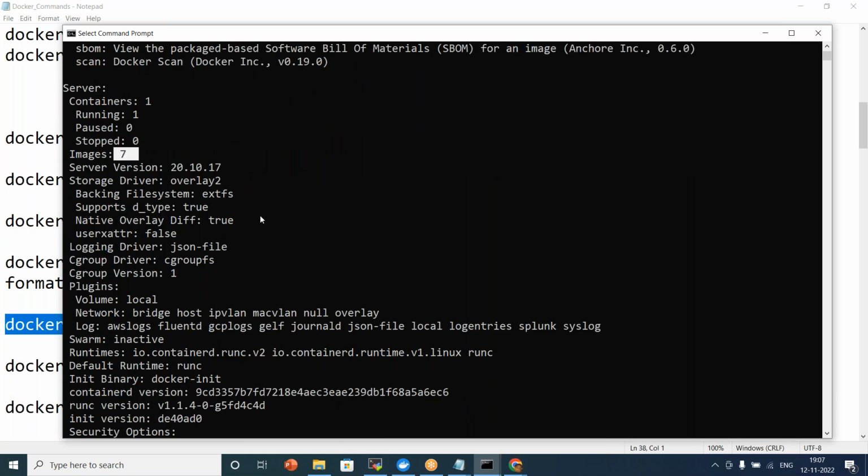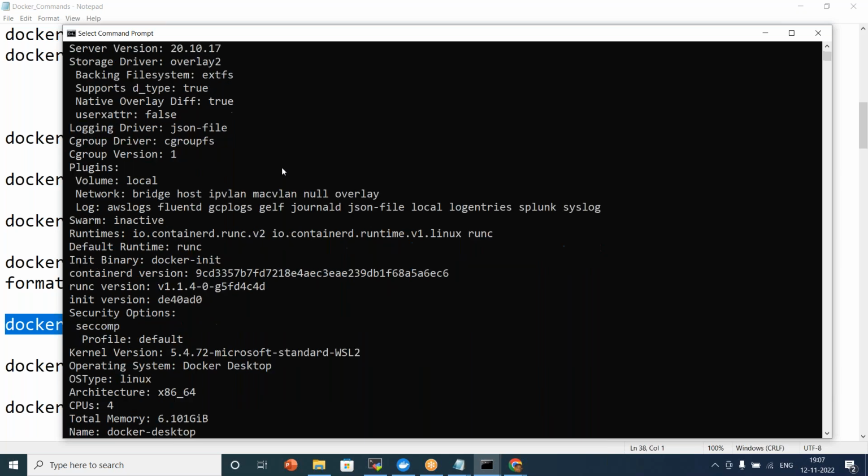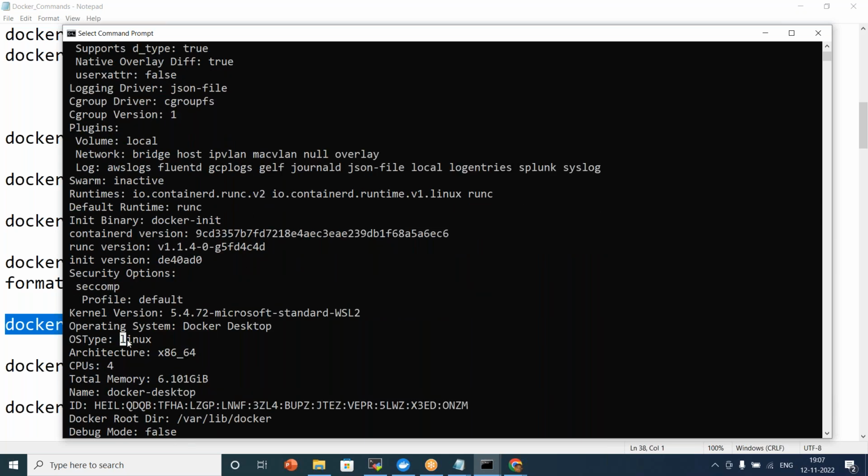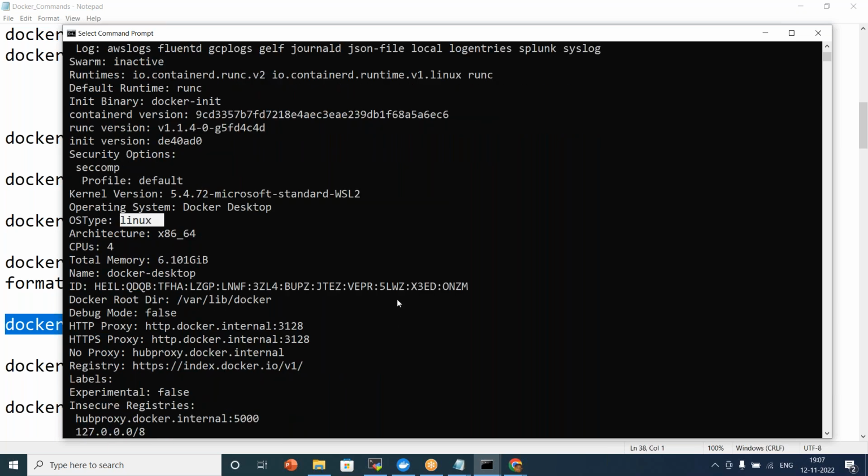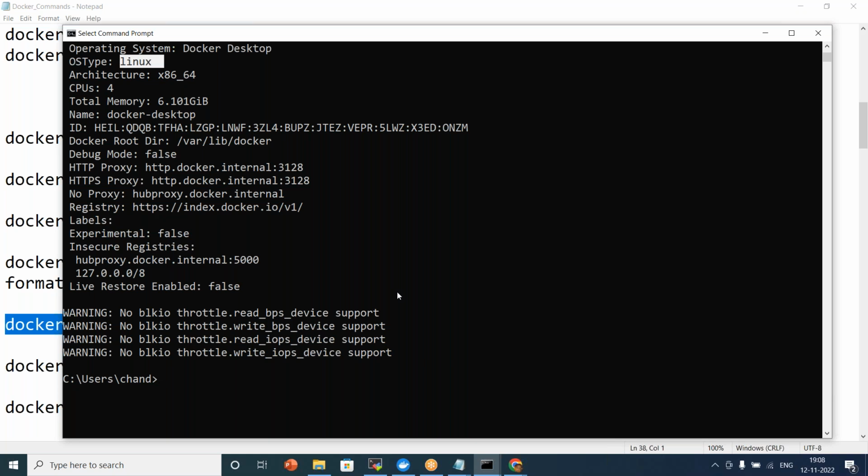storage driver, right? What is the volume, right? Everything is here. What is the architecture, what is the OS type, everything is here. Total memory, right? So 4 CPUs are there, total memory. So I'm using Docker Desktop. So how it all looks like, everything is here. So this is your